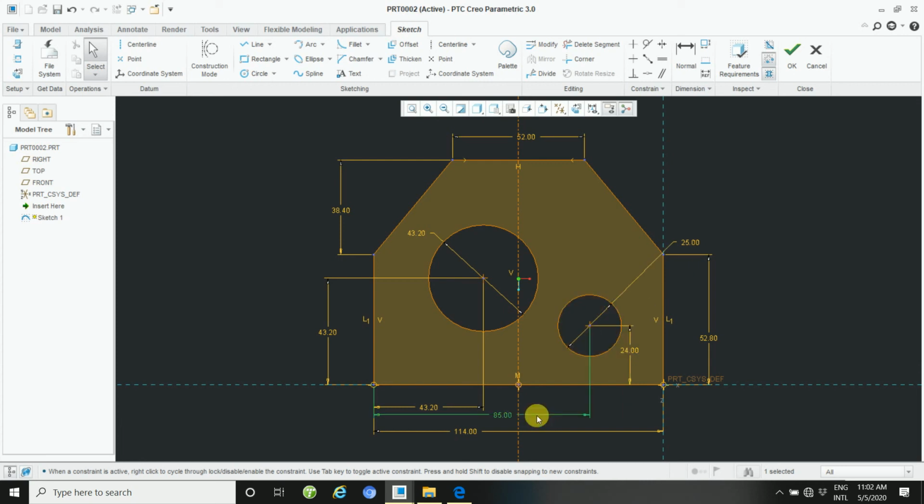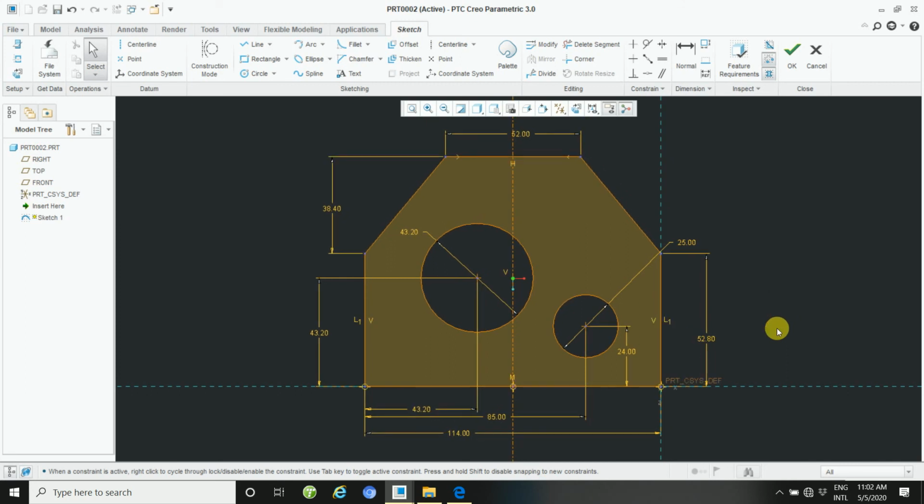This way. And check all your dimensions: 52.8 is okay, and this dimension is 38.40, it's fine. This dimension has an error, okay, it's fine. Center is 43.20. So all the dimensions are okay.